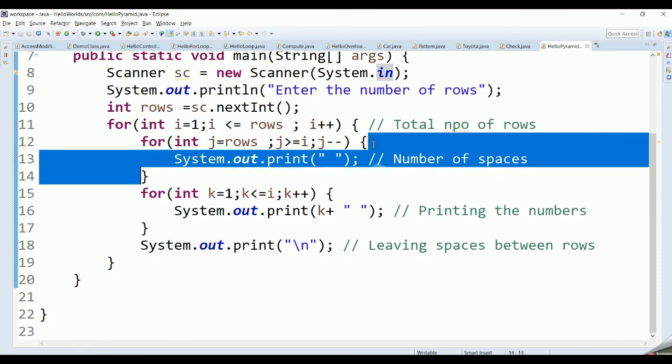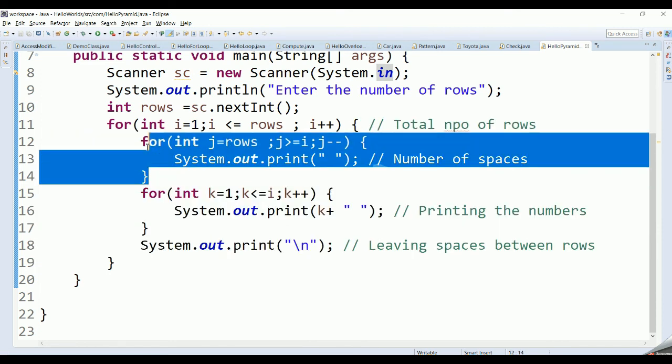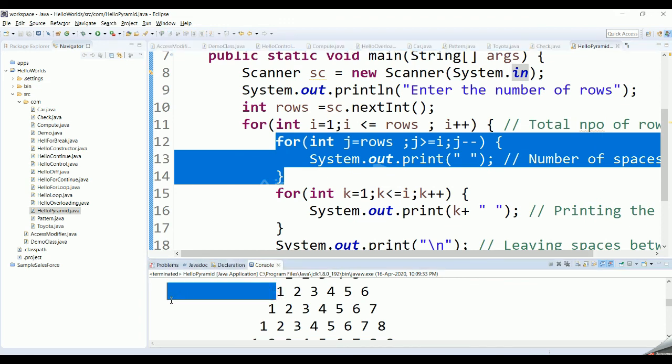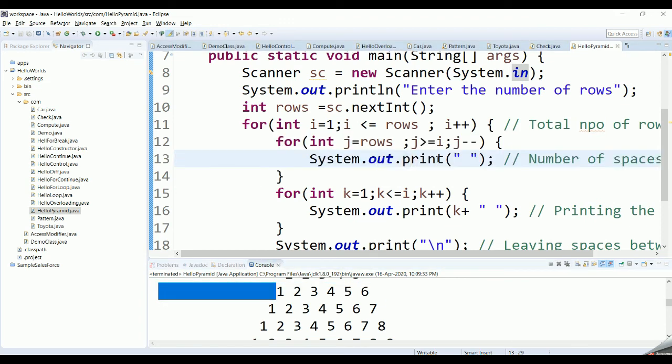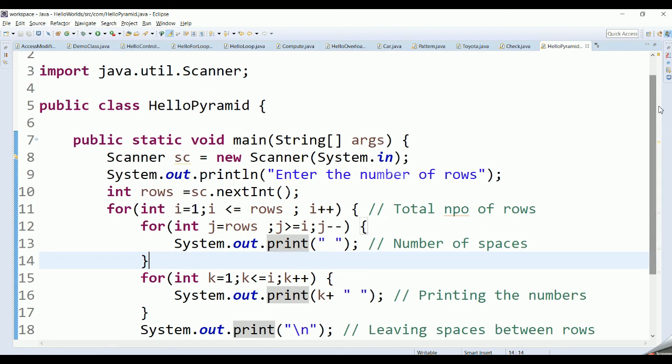We have made use of 3 for loops over here. The outer for loop is for the number of rows, the next for loop is for bringing in the number of spaces for each row, and the next one is for printing the numbers in that particular row. Maybe you can just try it out in your local, and it will work perfectly.